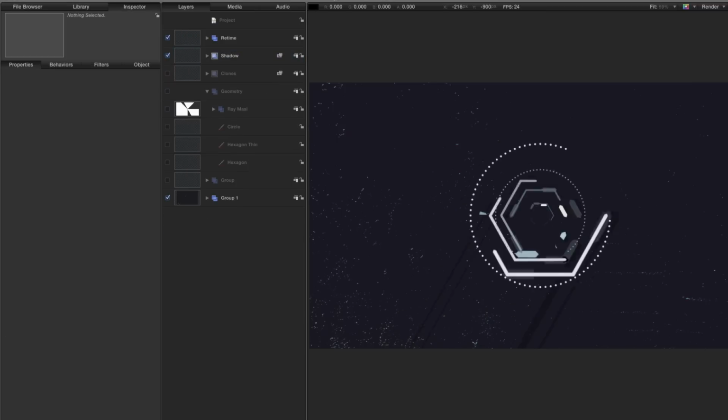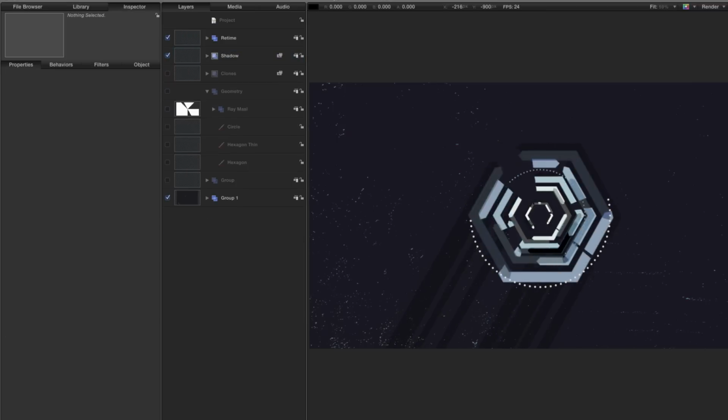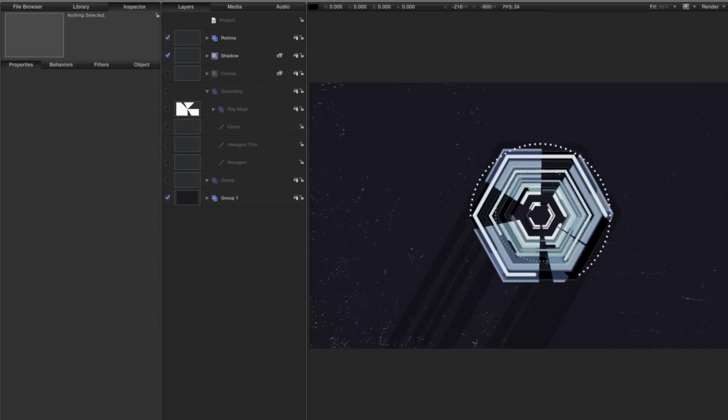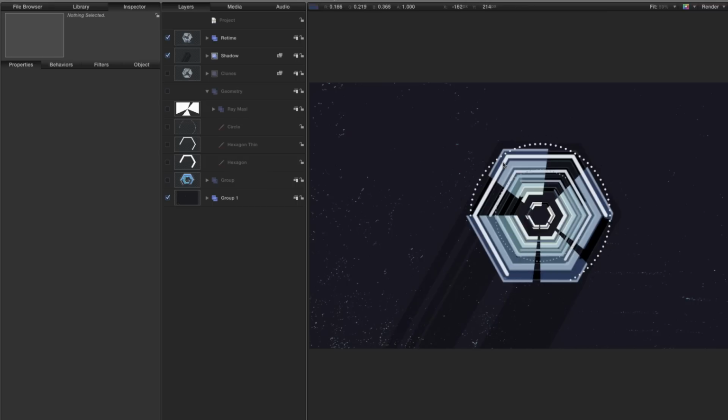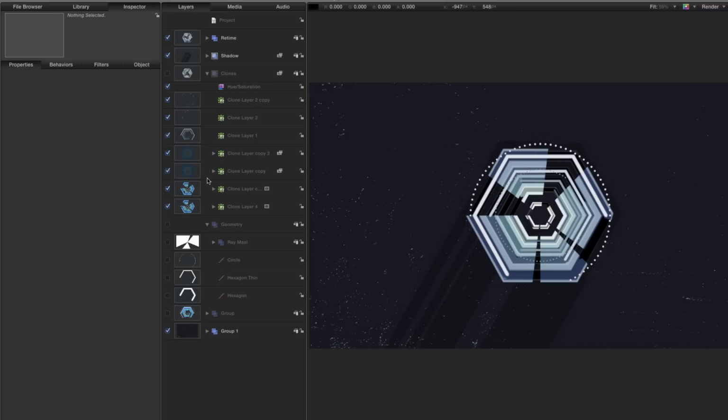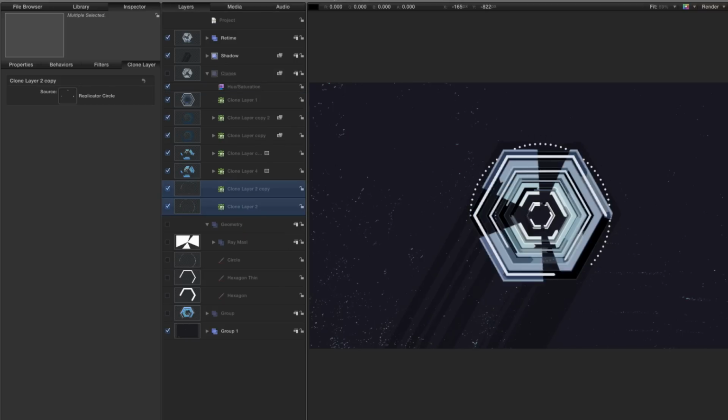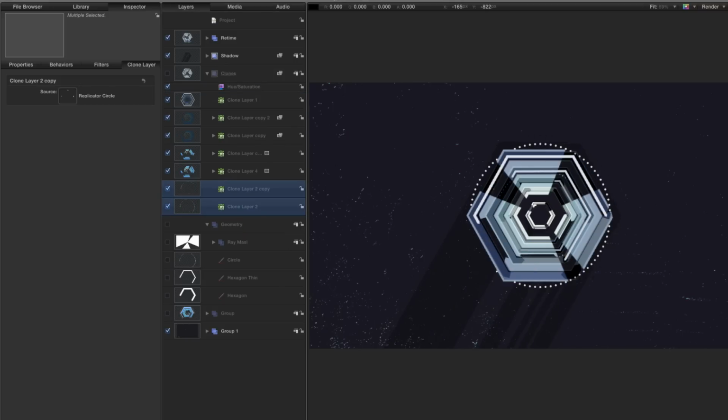So here's what it's now looking like, and that's really not too bad. There's one thing I want to fix, and that's the order of that circles layer. So I'm going to come back to that clones group, and where are the circles? They're here. Let's grab those and move those down to the bottom of that clones group, just so they're sitting behind rather than in front. I think it looks better.